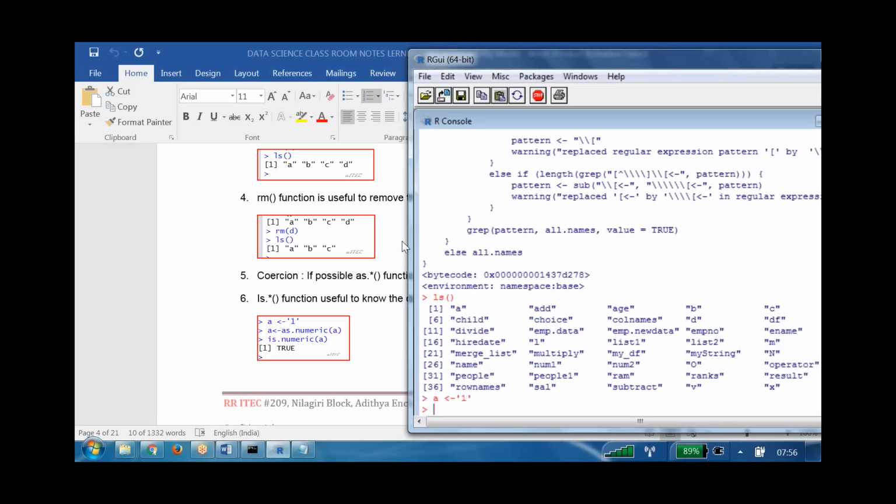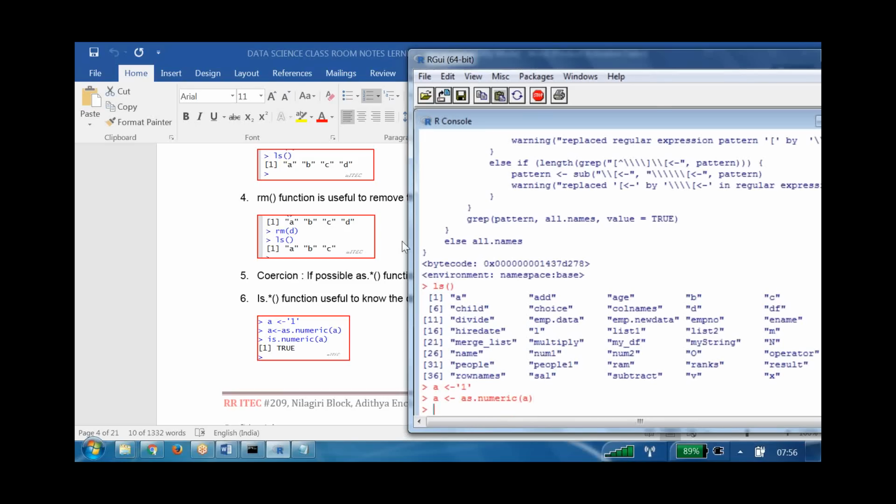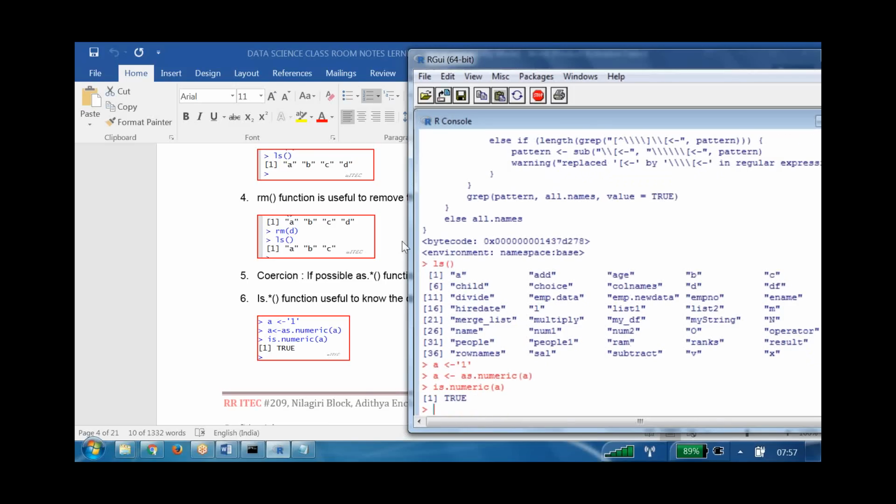Then give a is dot numeric of a. We are converting the a value into a number and mapping that to a only, overriding it. Is it numeric? We are validating it. It's true. It is numeric now.